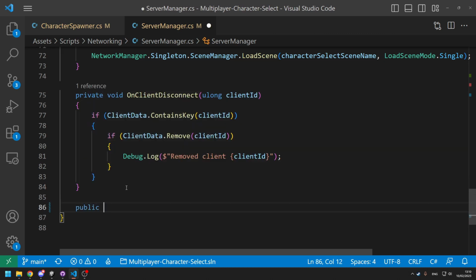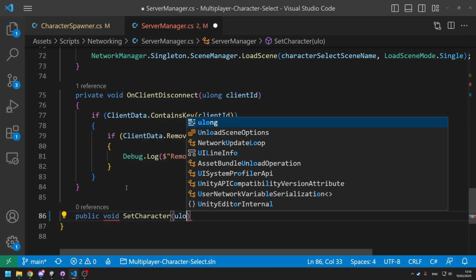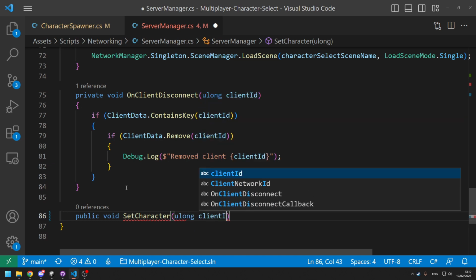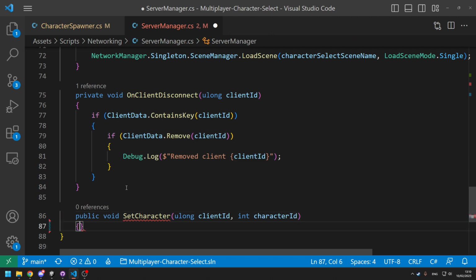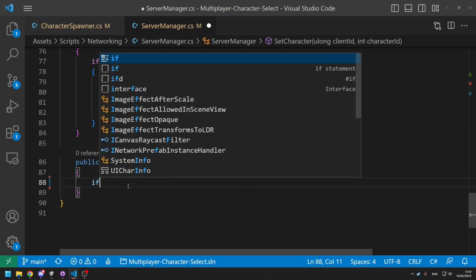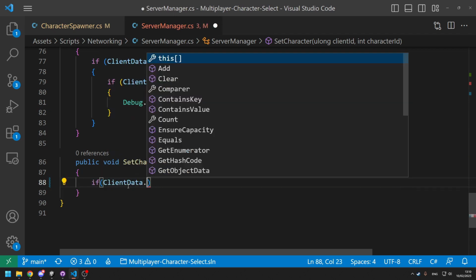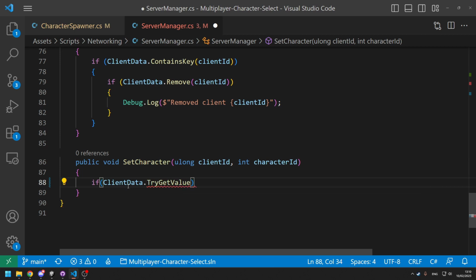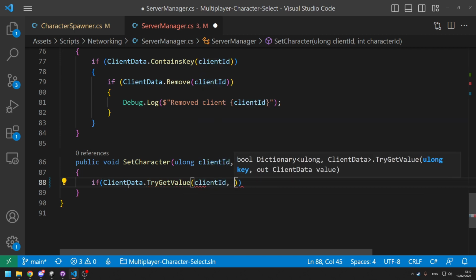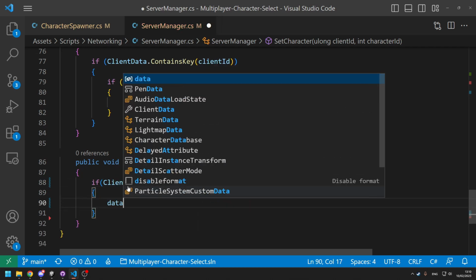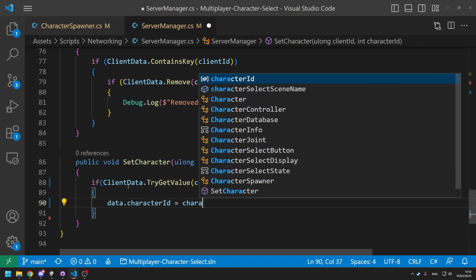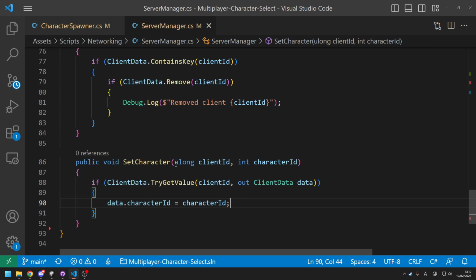So we're going to say, hey, public void SetCharacter. And that'll take in the client ID of the client that's selecting the character, so ulong clientId, and then the int characterId, like so. And then all we need to do is say if clientData.TryGetValue. So if we can find in our dictionary of clients this client, then it will pass us out ClientData data. And then we can set data.characterId to be the characterId coming in. So now we have a nice public method we can call here from the character selection script to set a